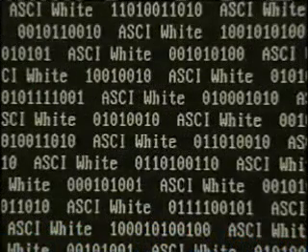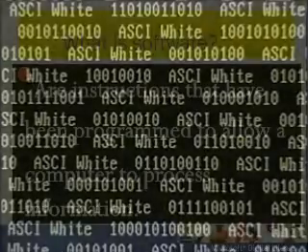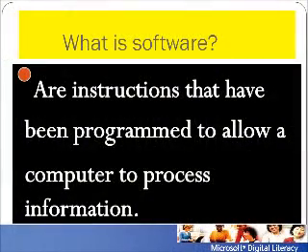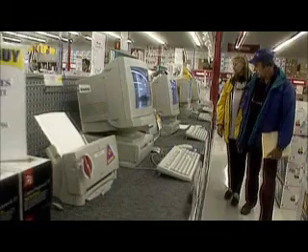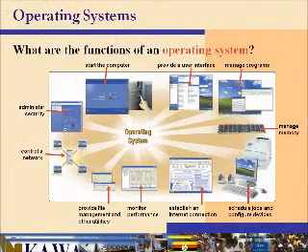So what is software? Software is the term used for the instructions that have been programmed to allow a computer to process information. And there are two types of software. We have what we call application software and system software. So starting with system software, let's look at operating systems,